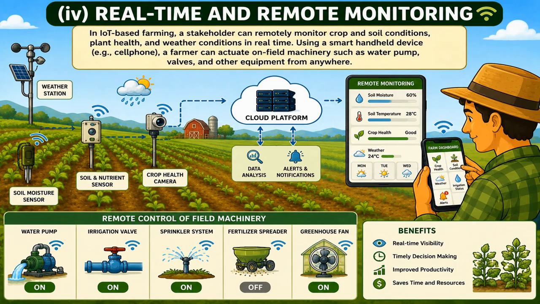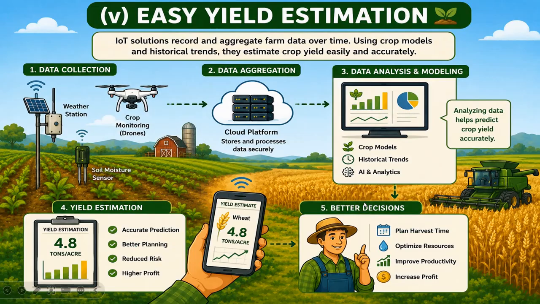Now the main benefits of this system are real-time visibility, then faster decision making, that is timely decision making. Then you have higher productivity, that is the improved productivity and saving the time and the resources. So overall, IoT based remote monitoring helps the farmers manage their farms more efficiently, improve the crop growth and increase the agricultural productivity. Then you have easy yield estimation,